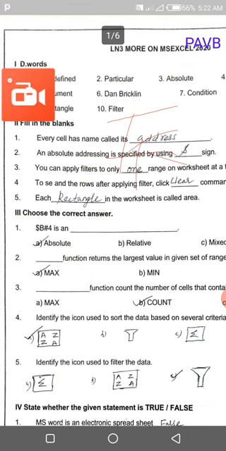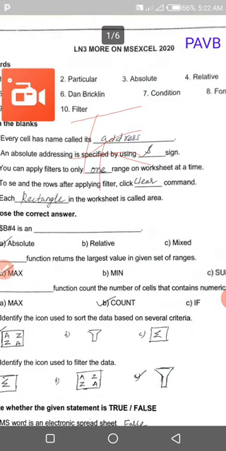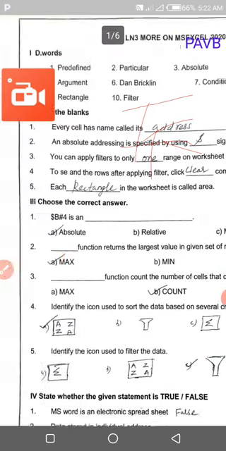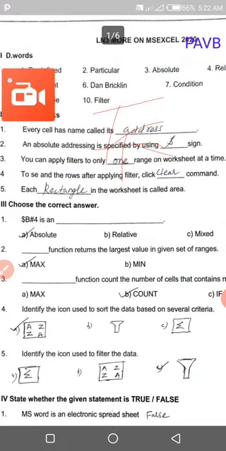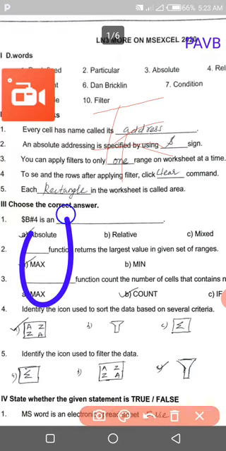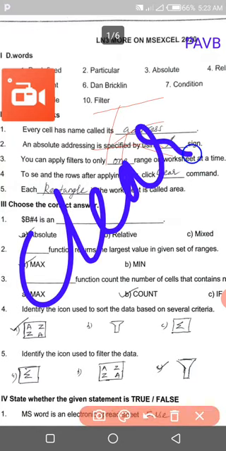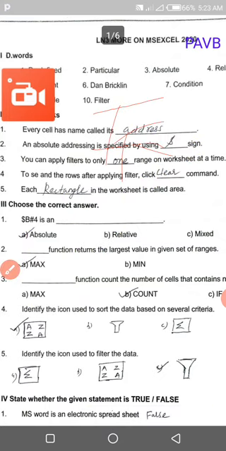You can apply filters to only one range on the worksheet at a time. Fourth one, to see the rows after applying the filter, click the clear command. Spelling for clear: CLEAR, clear. Each rectangle in the worksheet is called an area.